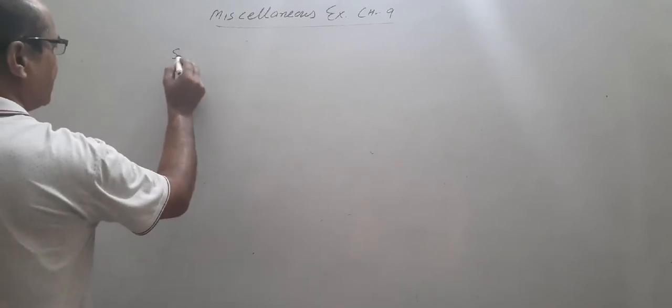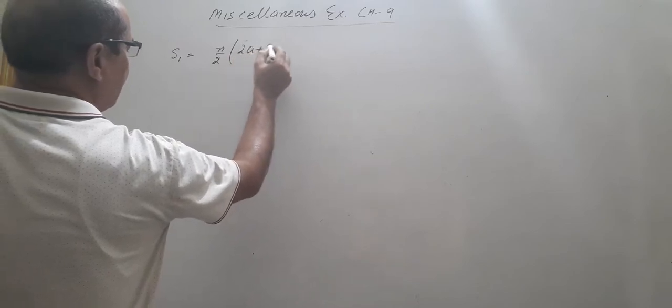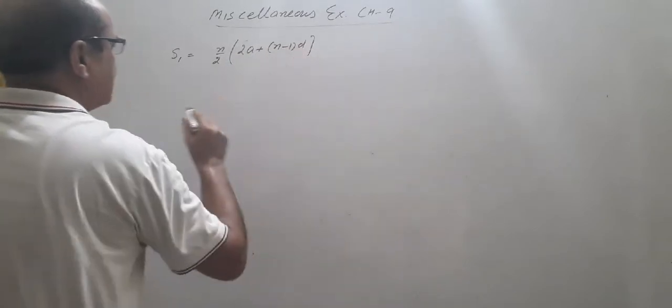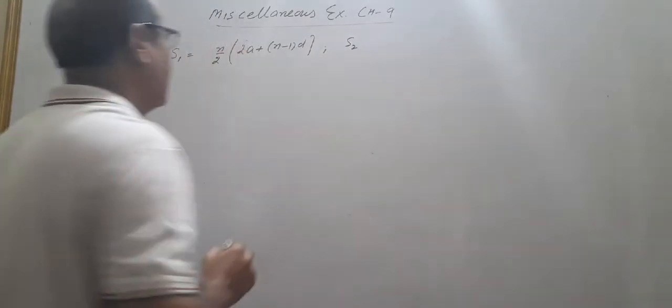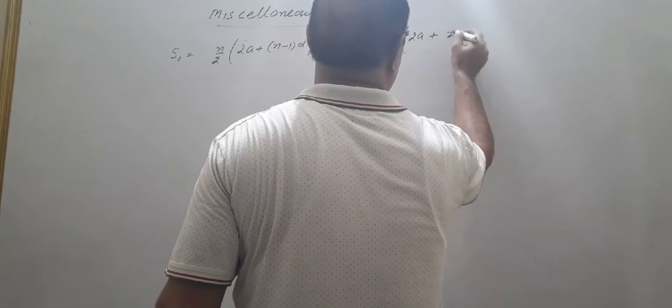Now, after this second, I will start with the next, the question number third. Let the sum of n, 2n and 3n terms of an AP be given. The sum of n terms is denoted by S1, and you know that the sum of n terms is n by 2 into 2a plus n minus 1 of d. The second case is the sum of 2n terms, denoted by S2, that is 2n by 2 into 2a plus 2n minus 1 of d.